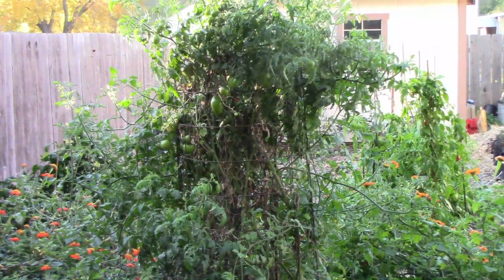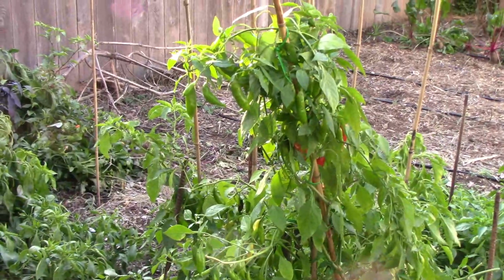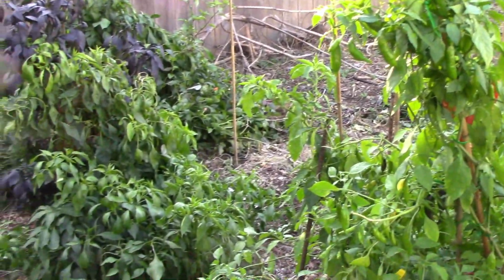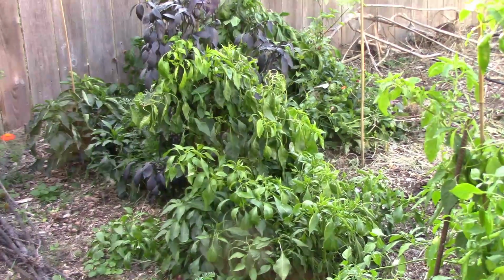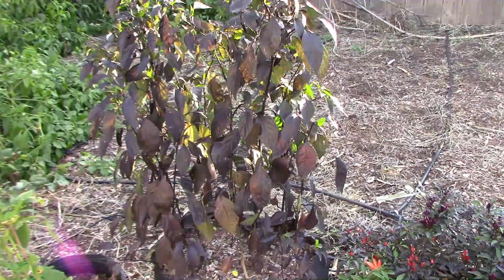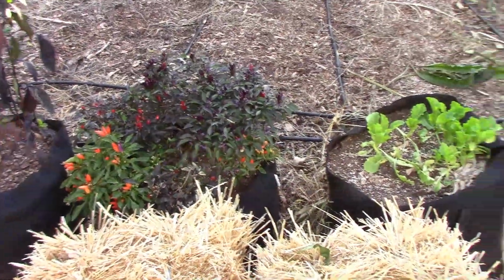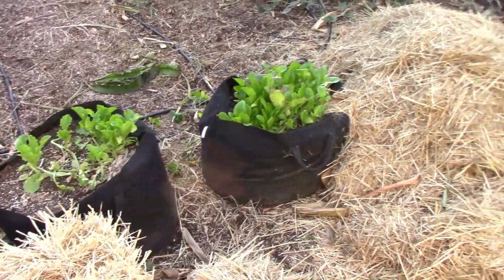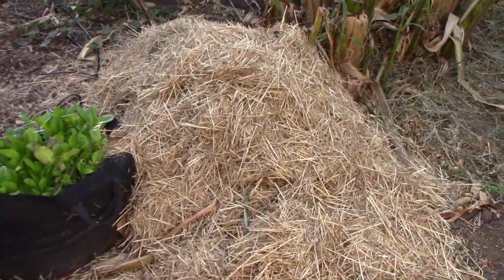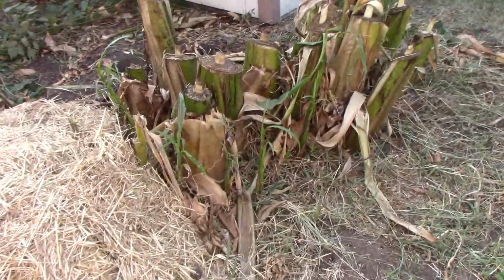On the morning of the 13th of November, they predict that we'll get our first hard freeze. So I'll give you one last walk around in the garden, and then we'll do a harvest. We have quite a few pepper plants left, and one tomato plant that has 3 other types of tomatoes grafted onto it. Along with harvesting our tomatoes and peppers that we have left, I also need to finish covering up